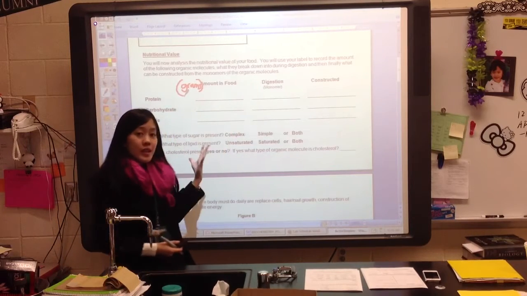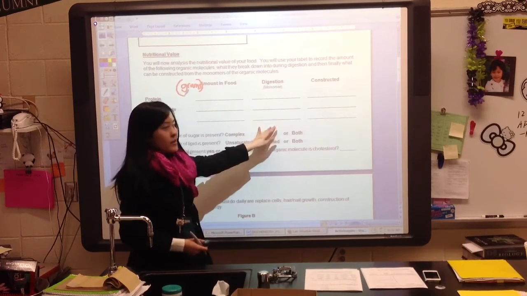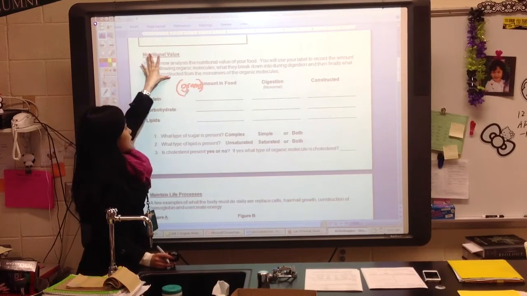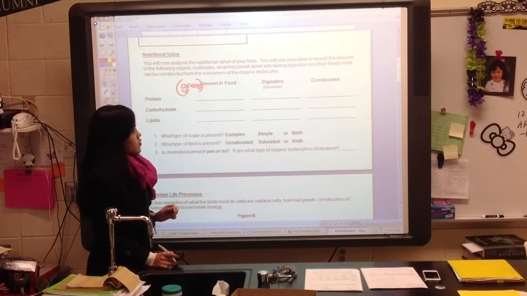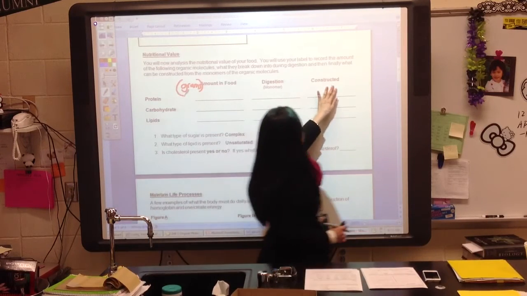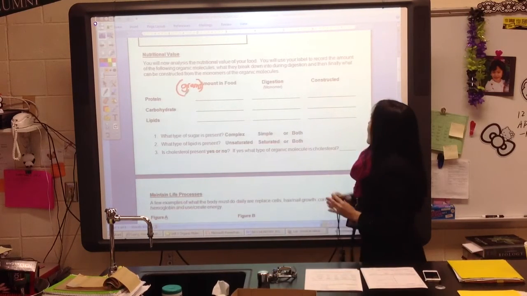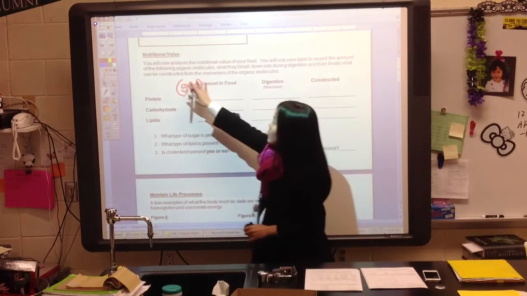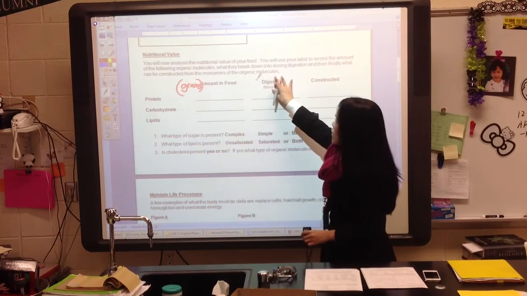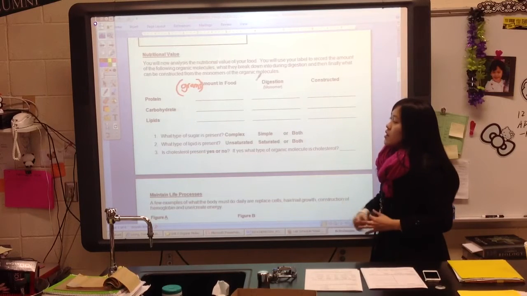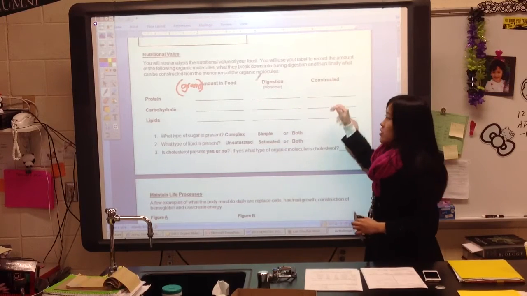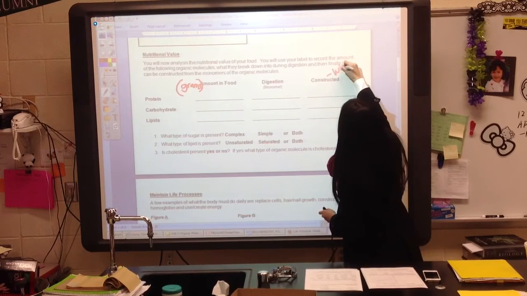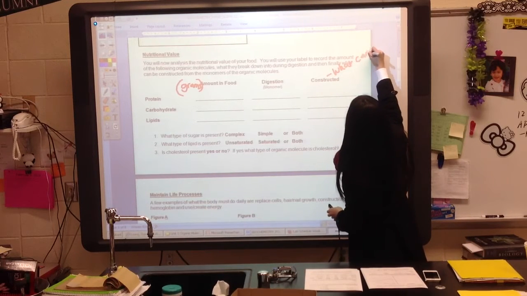Digestion, well, once you eat this food, what does it get broken down into? Here's your monomer. Make sure for each part of this assignment you take a second to read the directions first. And then it says constructed. And if you read the directions, it says, and then finally, what can be constructed from the monomers of the organic molecules. So if we're taking those organic molecules, what can we build in our own bodies? What can we build